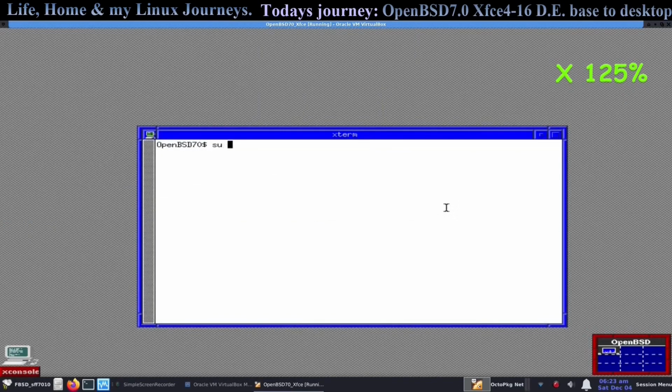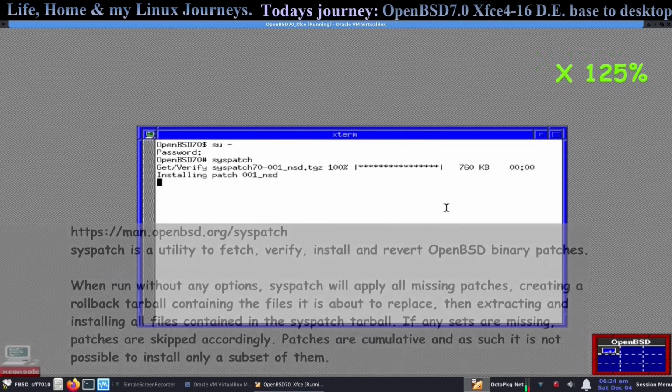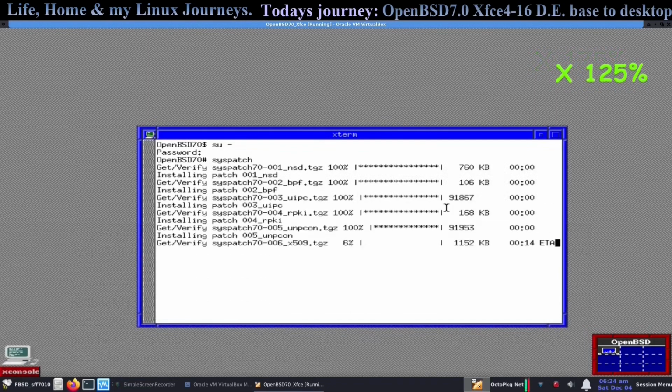Now this is a fully functional desktop right here. You could stop right here, install your programs, and work right out of this and be just as good as any other. So first thing we're going to run is syspatch. And if you want to know some options, you can type syspatch space question mark or check the man page for syspatch. It's basically patching anything that needs it. You can see here it's upgraded NSD, BPF, UIPC, RPKI, UNPCON,